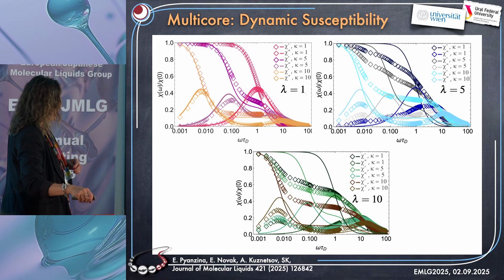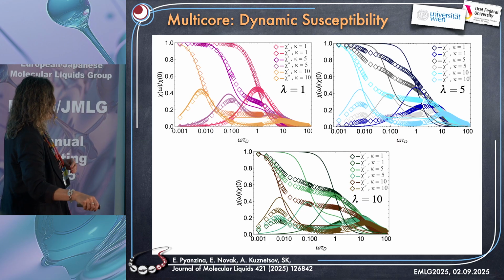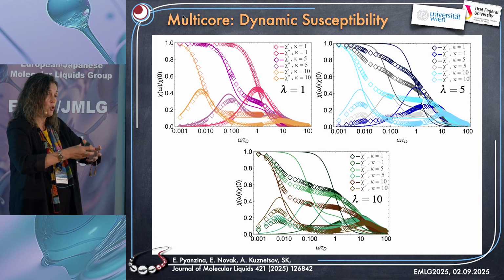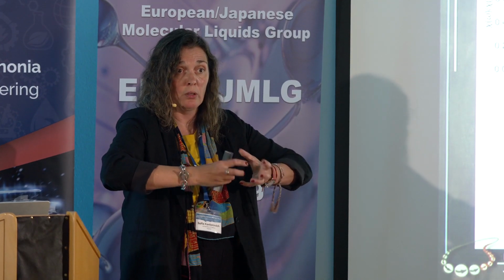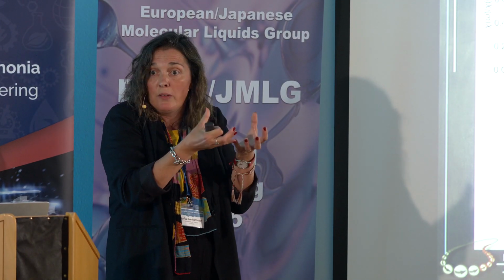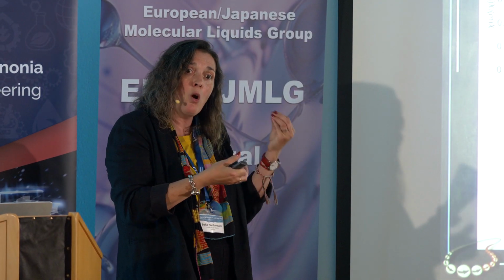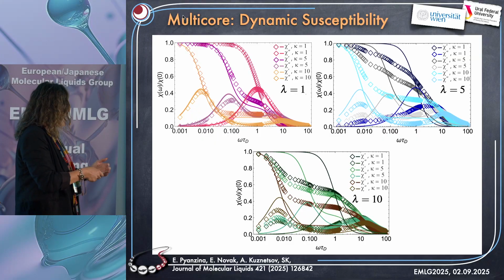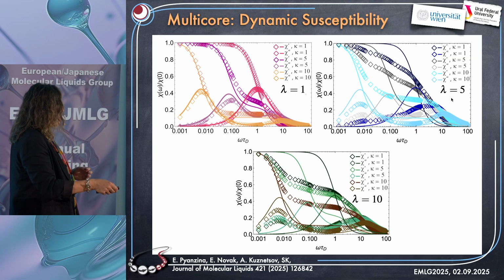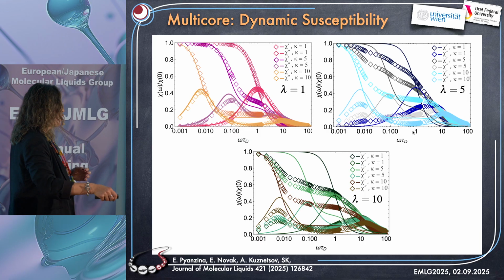What happened to this peak position? It shifted towards higher frequencies. This peak is related to the rotation of the whole multicore as a total, and doesn't change position. And it's clear, because the size of the multicore and the viscosity of the fluid is not affected by the internal structure. So the take-home message from this spectra is that by tuning both interactions and anisotropy, you can very strongly change,